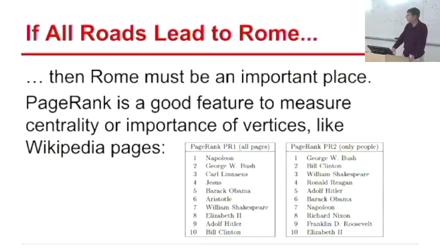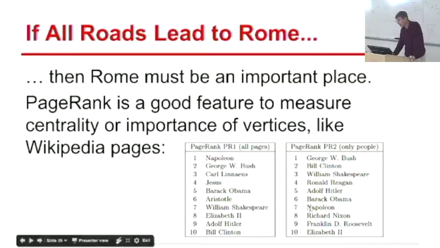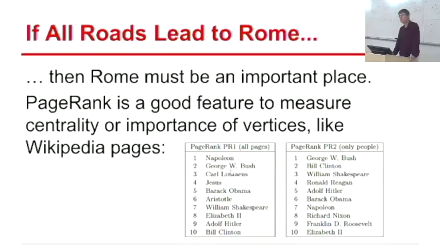Just out of curiosity, how do you differentiate between pages and people in this case? How do we identify which page was a person? The way we did it is people pages tended to have years that they were born and years when they died, right? And so